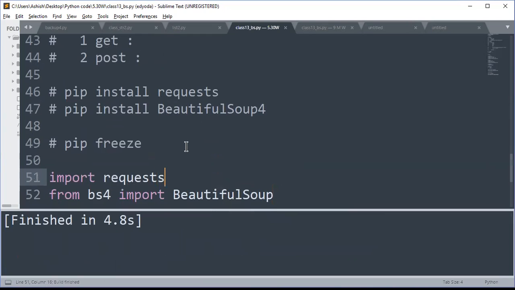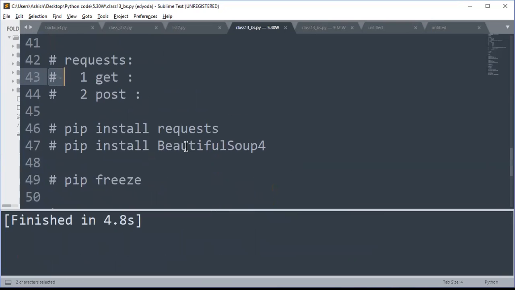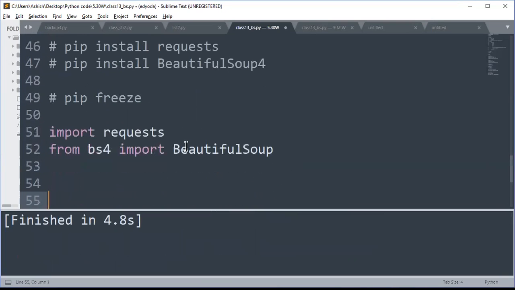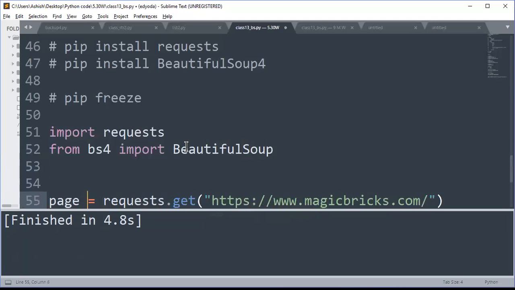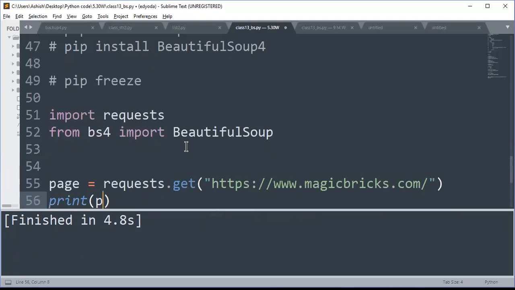Okay, right. So first thing I need to make this get request. For that I have a function called get, which is defined in this requests library. So I'm saying requests.get and specifying the URL. Now when you make a request, your web page will send something called a response, and that will be the HTML page. So I'm accepting it in a variable called page. If I just print this page,